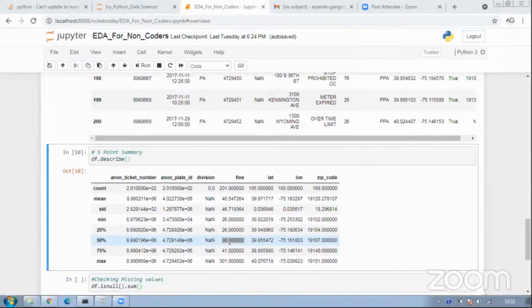So this means it's more towards the maximum side, right? Since we have a maximum of 301, and if you see my first quartile is 26, minimum is also 26, we do not see a lot of deviation here. But the 75th percentile is 41, and the maximum value is 301. So the outliers are between them, I think.